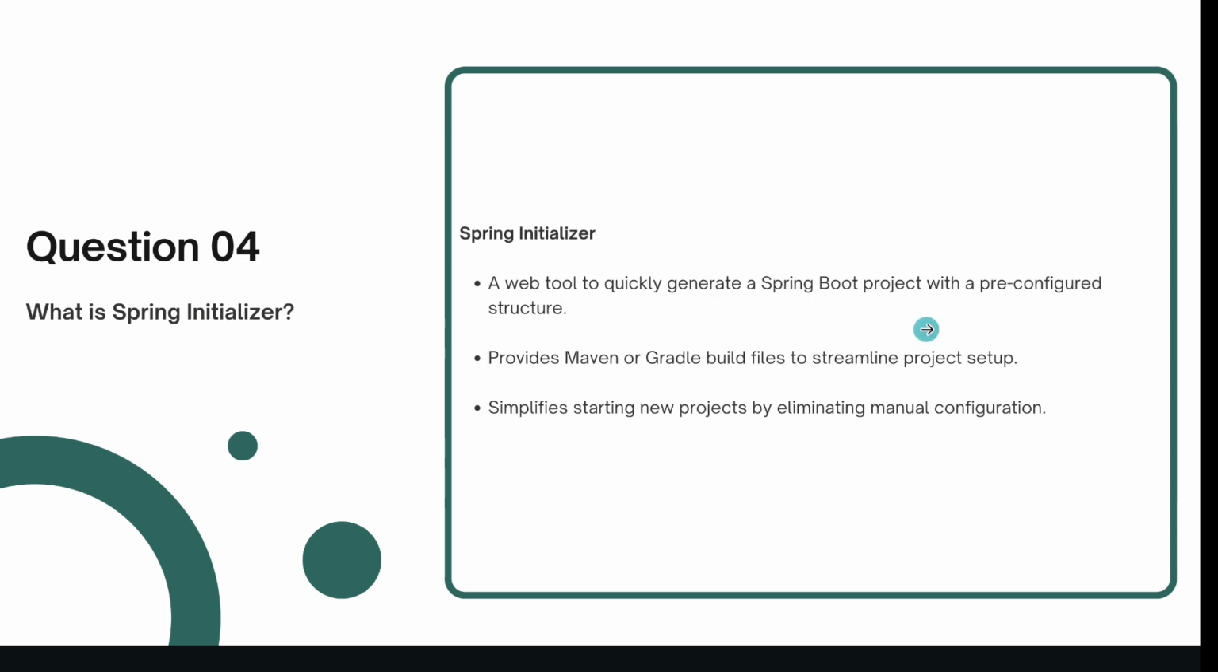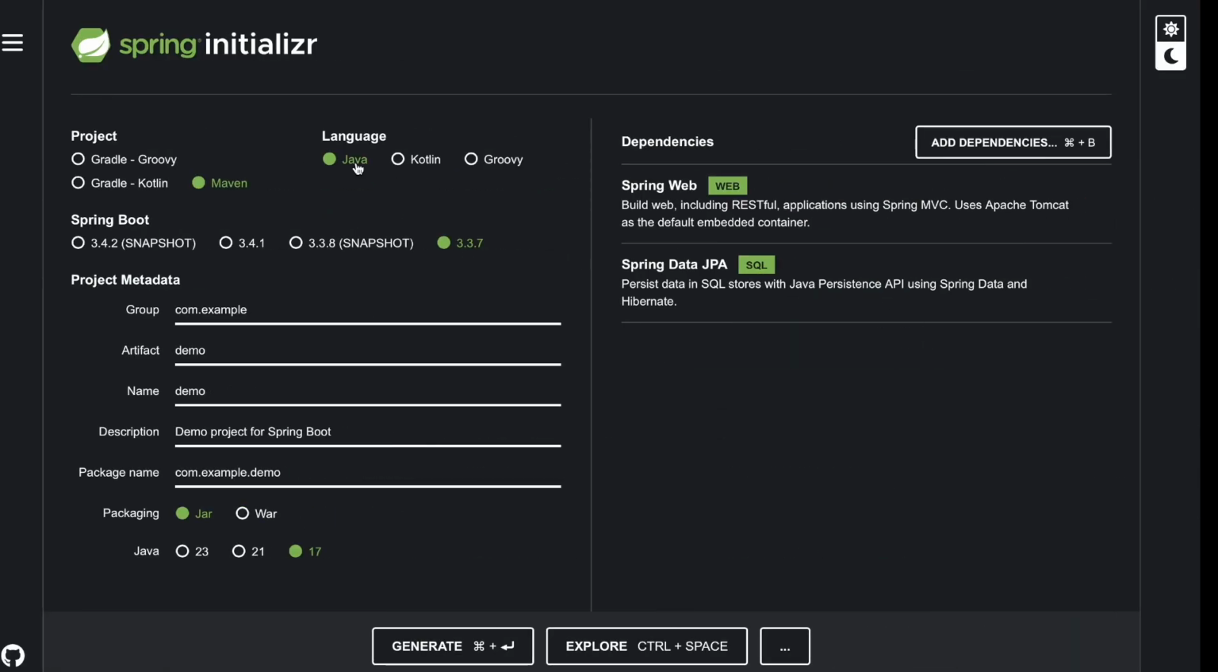Moving on to question number 4, what is Spring Initializr? Well, rather than explaining, I will walk you through how it actually looks like. So this is the Spring Initializr, where you select the project type, then language, then Spring Boot version. Please avoid using the snapshot version because they are not the stable ones. Then you can select the project metadata, packaging, also the version for Java,